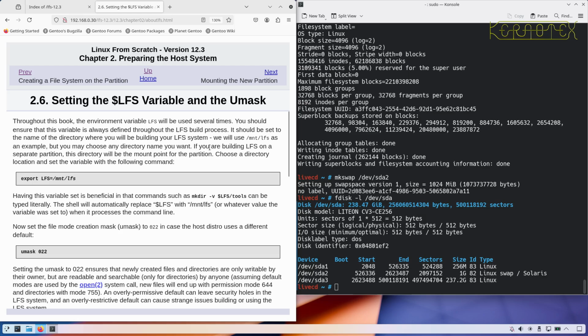If you're building LFS on a separate partition, this directory will be the mount point for the partition. So that is what we're going to be doing. Choose a directory location and set the variable for the following command. As you can see, /mnt/lfs is in italics, so that's indicating that you can change that to whatever you want, but we'll just take that